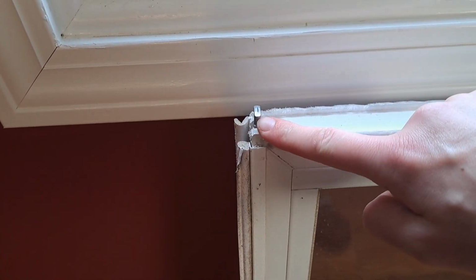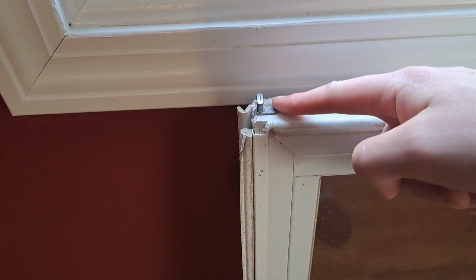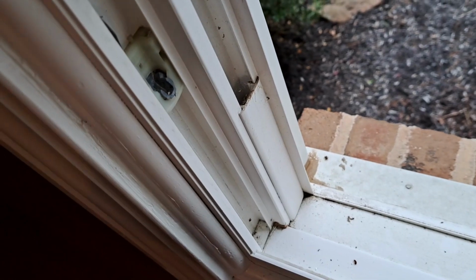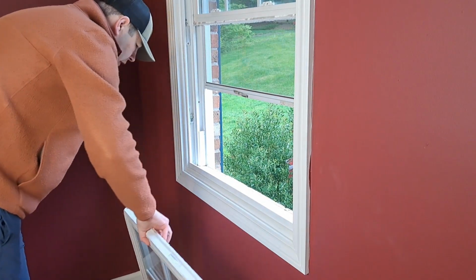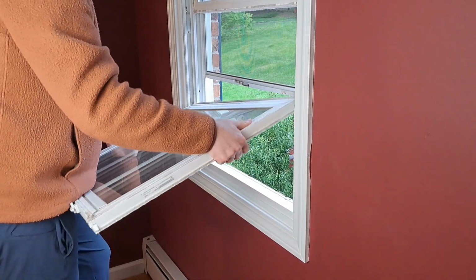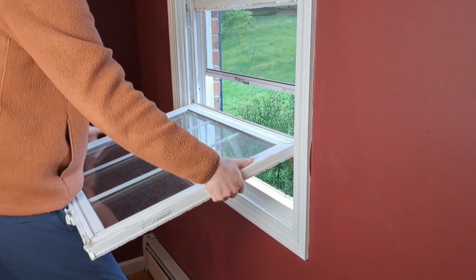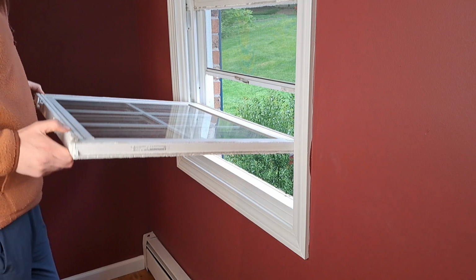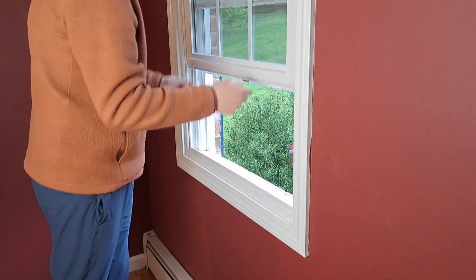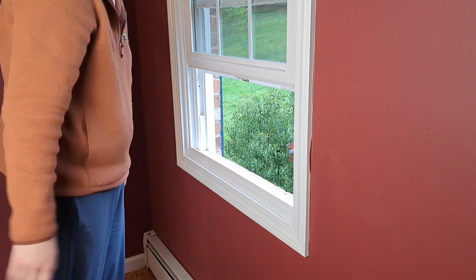When you slot it into the groove and then rotate it 90 degrees, this then locks in place in here, meaning that this will slide up and down with the window as you move it. So my thought is these windows were just reinstalled poorly after someone washed them, or maybe when they were installed for the first time. But now I've got this fixed, so when I put this in and rotate it up, this window is now not going to get anyone's fingers stuck in here, because